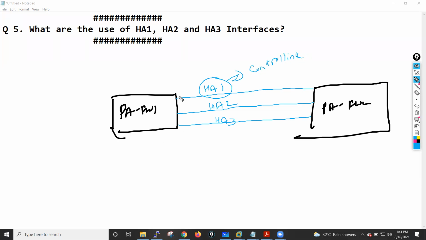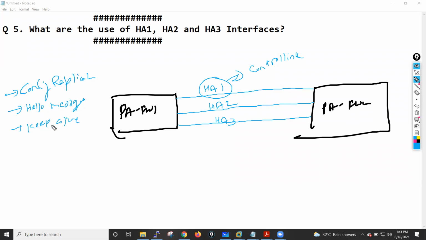This HA interface is used in high availability for exchanging the configuration, guys. So configuration replication happens through this HA1 interface. They also exchange hello messages and keep-alive messages through this HA1 interface.